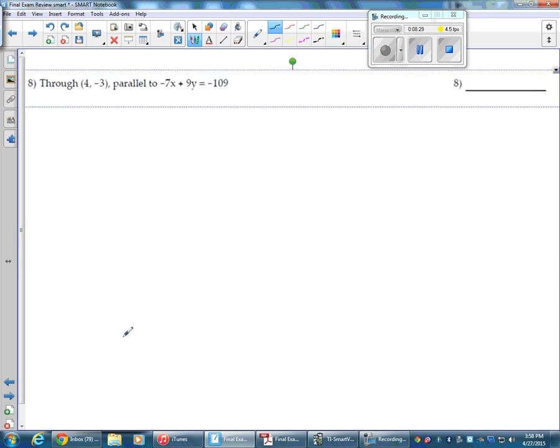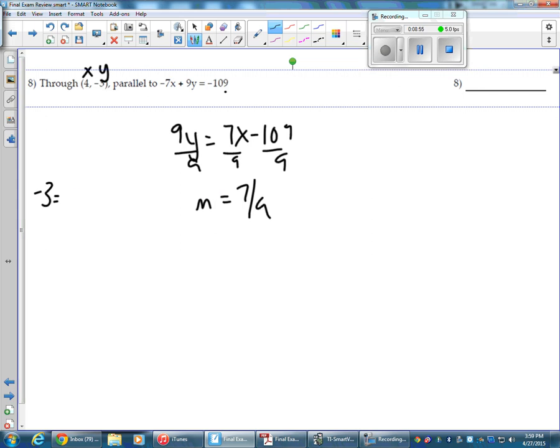All right, let's see if we can do a parallel one right quick. Through 4, negative 3, parallel to the line that we're given. So the first thing I want to do is solve for y in that line. So I move the 7x over and I divide by 9. Doesn't really matter what I get other than this slope right here is 7/9. So since this line is going to be parallel, I want to use x is 4, y is negative 3, and I'm going to use 7/9 for my slope. So negative 3 equals 7/9 times 4 plus b. Negative 3 equals 28/9 plus b. So take negative 3